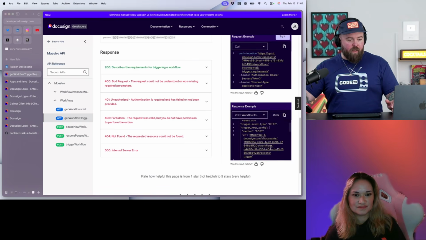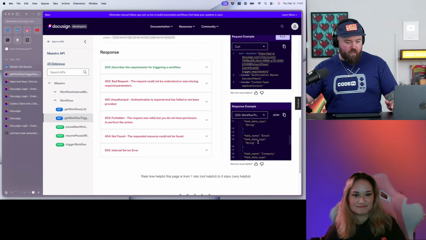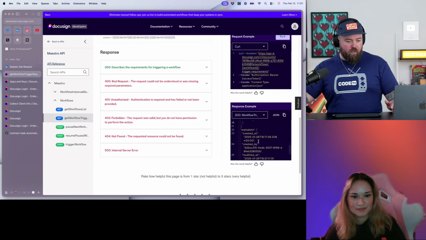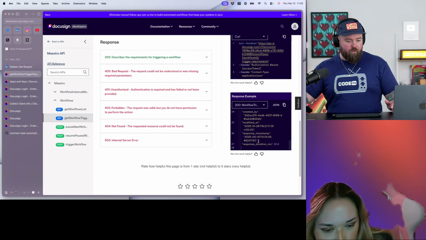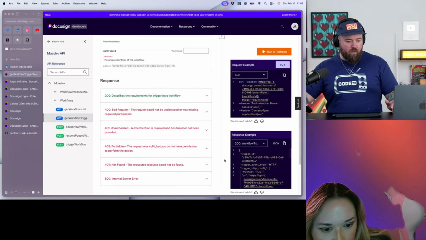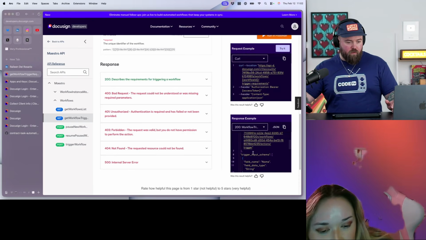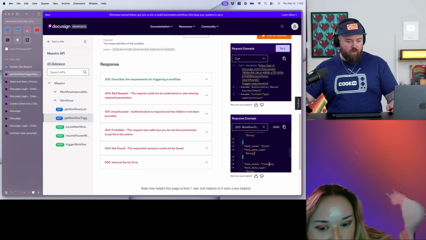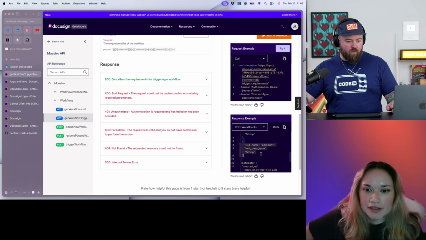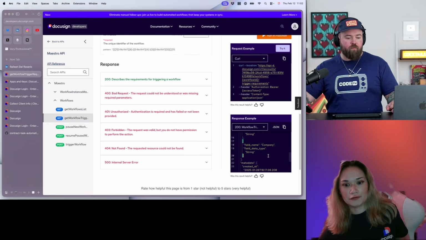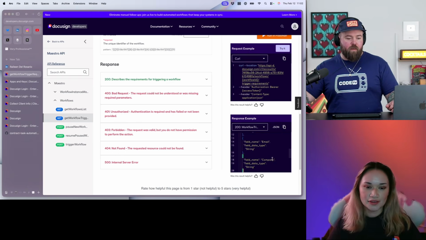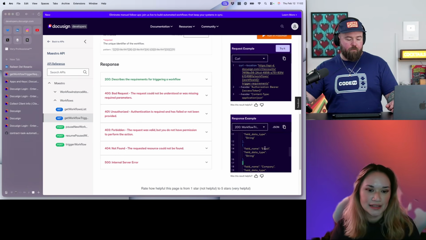Choose an example, and that would have shown us here the input schema. It says there should be a trigger input schema. There it is. And so there's the name and the email. These are the fields you need to include in your request body for triggering the workflow, right? Got it. So name, email, and company. Yeah, that's what we're looking for.